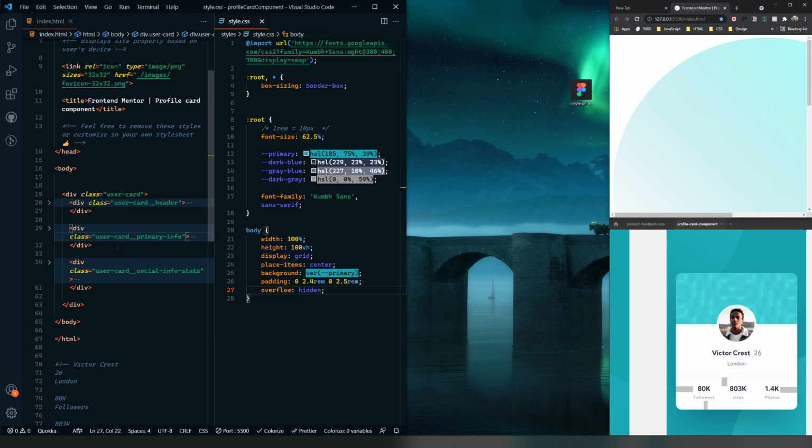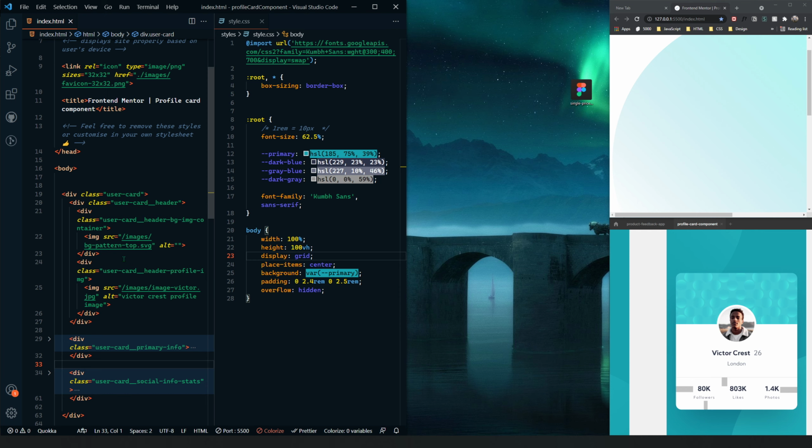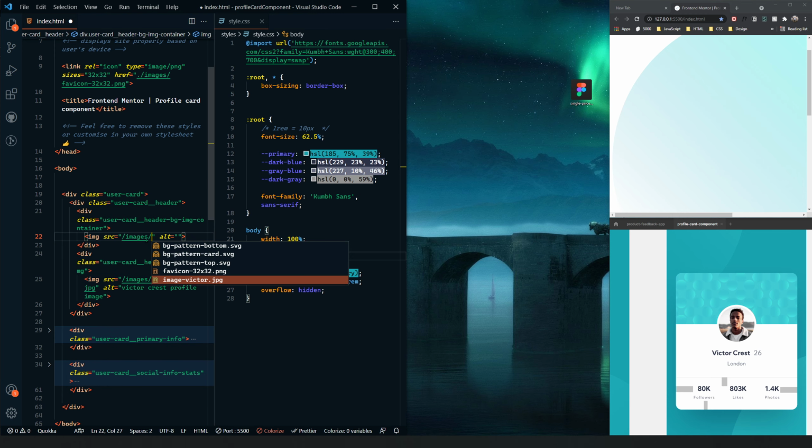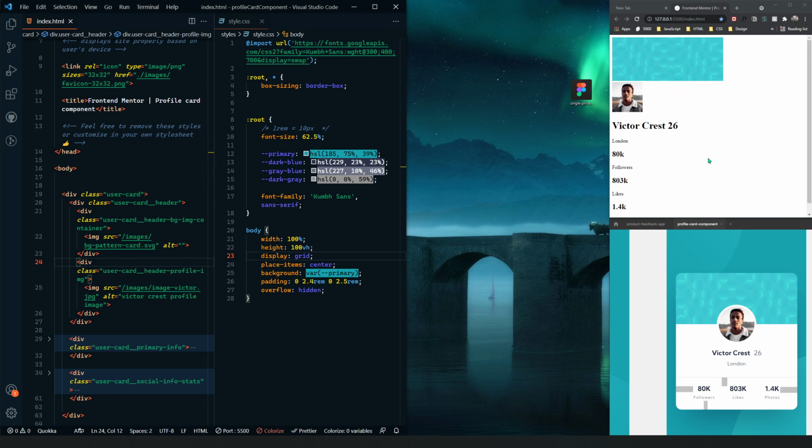What is going on here? Okay. Pattern top. Let me just check if this is the right one. Pattern card. Nope, that's the right one. Okay. So let's see what we have here. If I refresh,